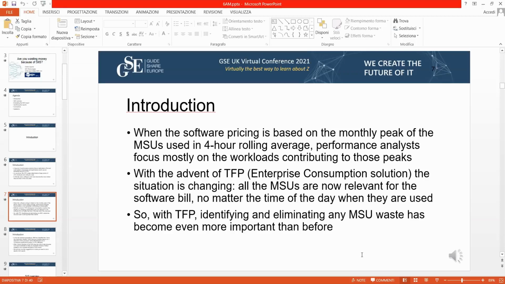And so nobody was really looking into that time frame to find out if there was waste. Now the situation has changed a little bit, because now you pay for the whole amount of CPU you consume at the end of the year, if you are in Tailored Fit Pricing with the Enterprise Consumption Solution. And so it has become even more important to make sure that there are no cycles literally wasted.